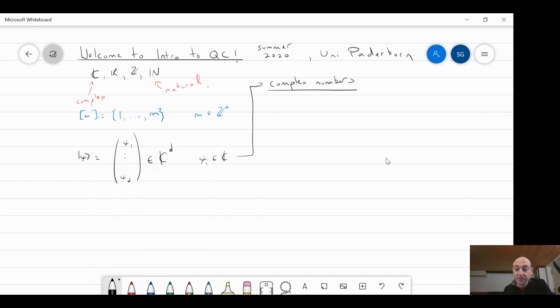Okay, so remember that complex numbers can be written in two forms. The first form is in some sense the old school way, which you probably saw first when you studied complex numbers, or maybe you haven't seen complex numbers before, and that's fine. That's why I take a bit of time to do this here.